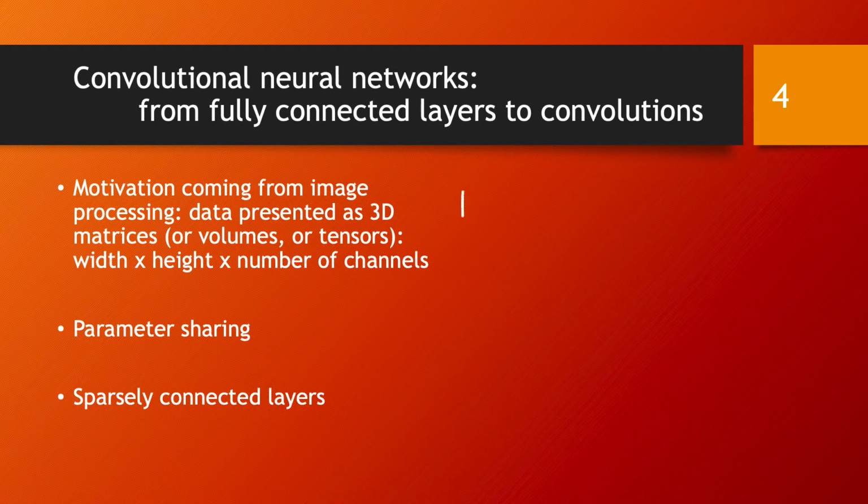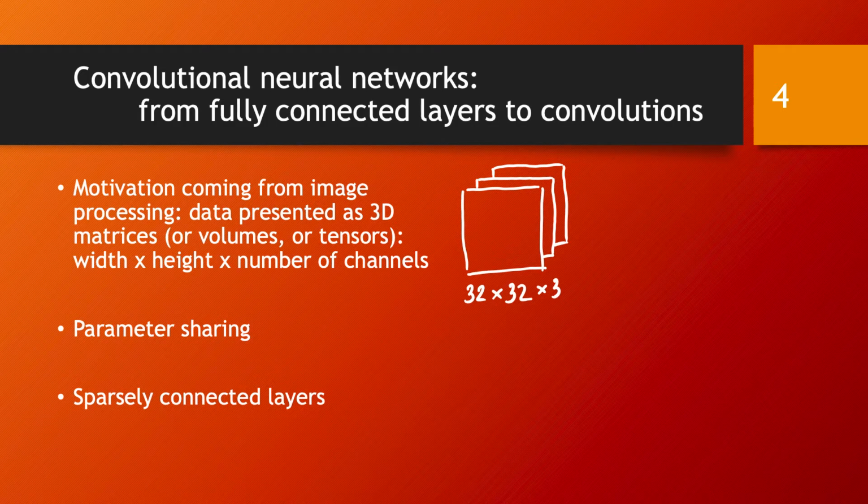So the way you could see this is that, for example, in the input you would have, let's say, a 32 by 32 image, and this image has in fact three channels, the RGB channels corresponding to red, green and blue. And so the original data you would have, for example, could be 32 by 32 by 3, and obviously this could be different if you deal with larger pictures. Then you have maybe more than 32 on width and on height.